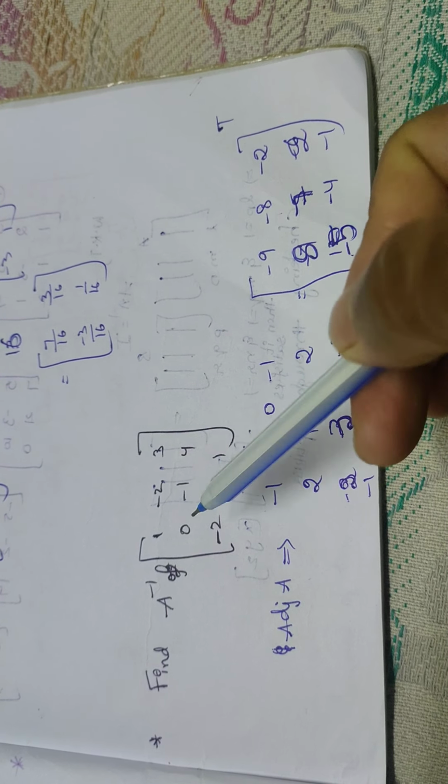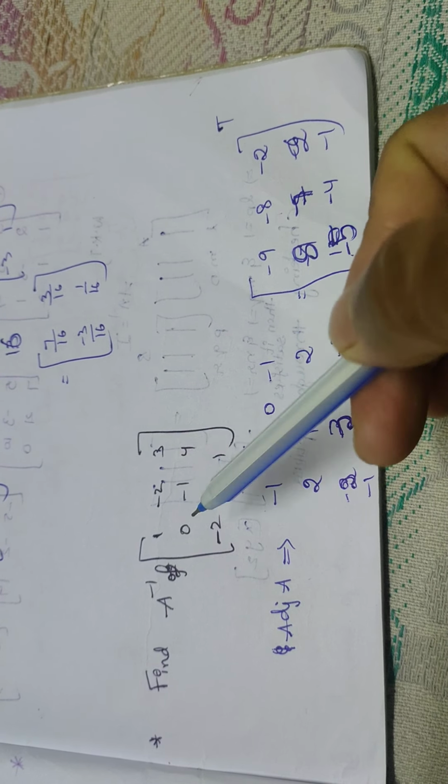Now the determinant of A, you know how to expand the determinant. So it is 1 into -9 plus 2 into 8 plus 3 into -2. Simplify: -9 plus 16 minus 6, you get 1. So now A inverse is equal to 1 by determinant of A into adjoint of A. 1 by 1 has no meaning, so directly you write the adjoint of A.